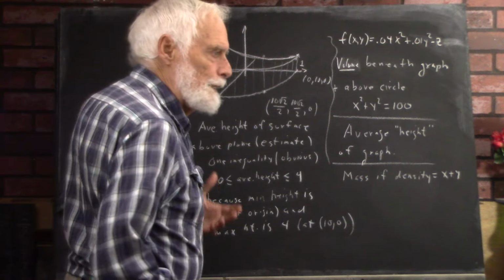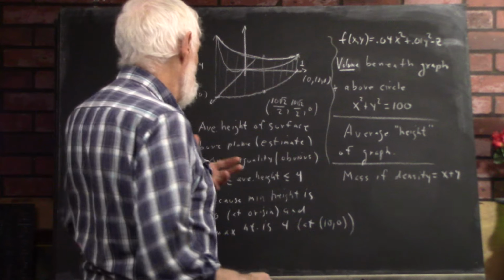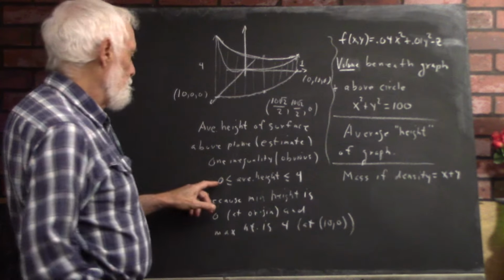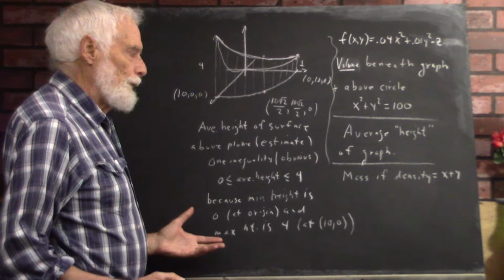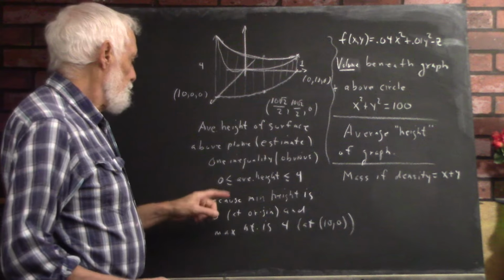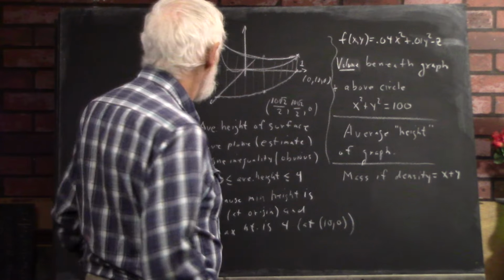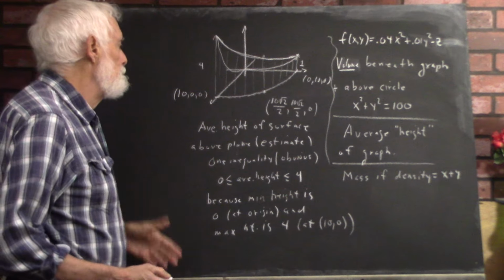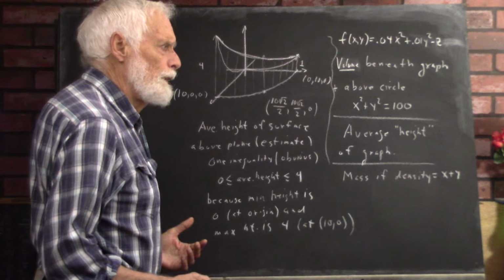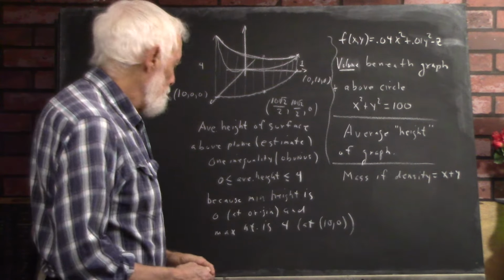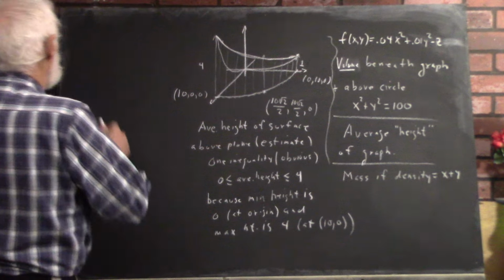Okay, now, can you give me a more specific estimate? The average height's between 0 and 4. Okay, we can all agree on that. What do you think it is? Do you think it's closer to 0 or closer to 4? And once you decide whether it's closer to 0 or closer to 4, how much closer? So give me a number. Okay, so is the average height